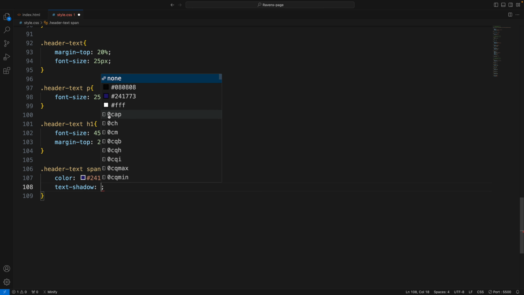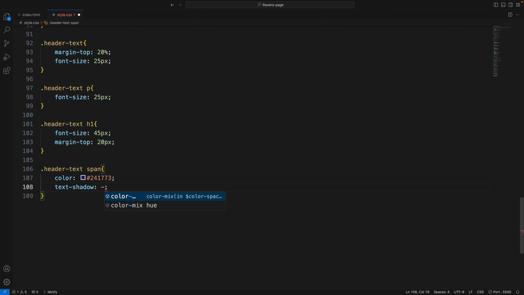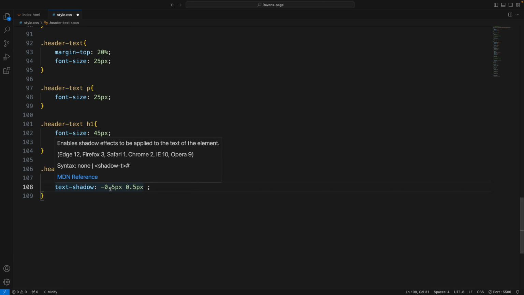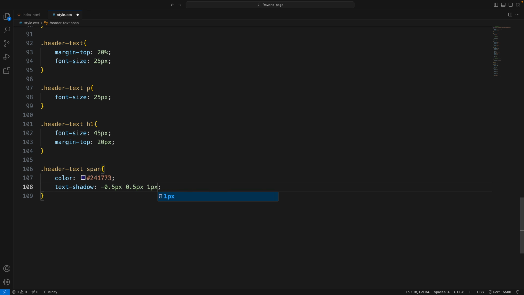Text shadow, and let's go negative 0.5px, and then 0.5px. And so this is the vertical radius, horizontal radius, and then 1px for the blur radius, and then the color